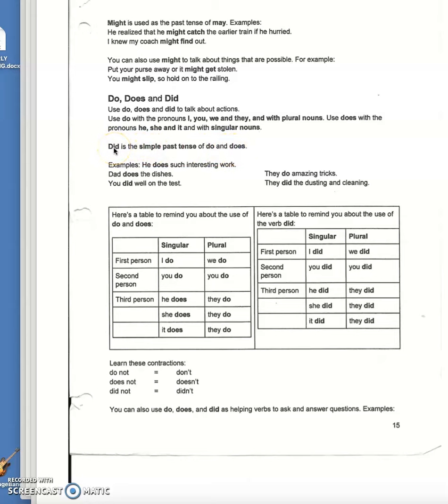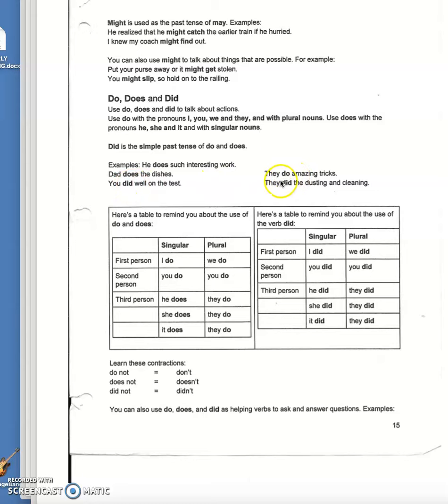So if I did something yesterday, okay, I might do something today. So here are some examples. He does such interesting work. So he does, she does, dad does, mom does, you did,